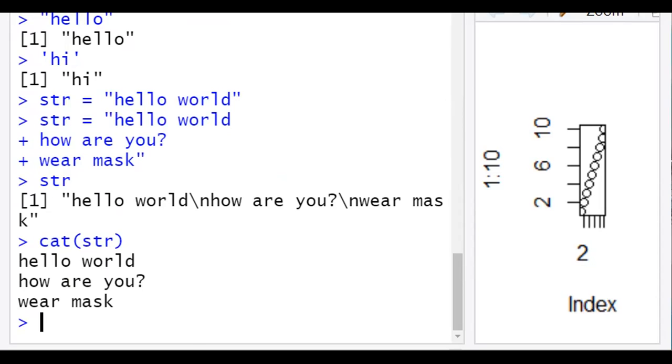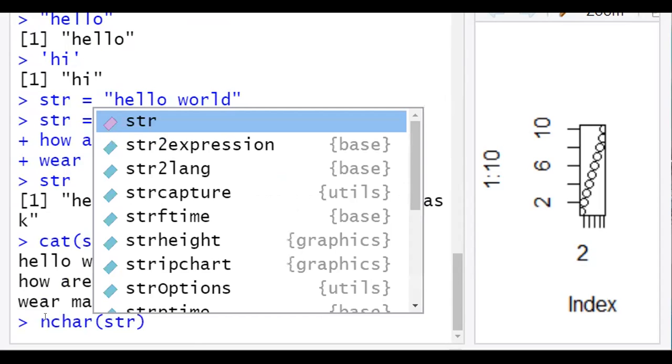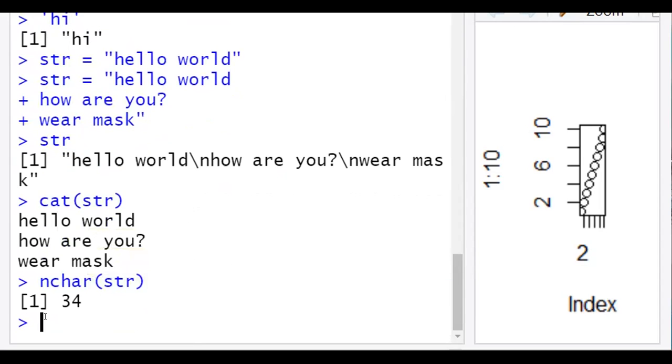That is the cat method. Then we can print the string length. The method is nchar, which gives the number of characters in the string. It is somewhat different from other languages where we print length or count, but here it is nchar, where n indicates the number of characters.